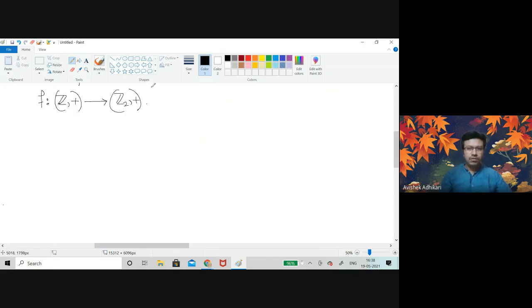Now let us try to reverse the ordering. So g is a mapping from Z2 plus to Z plus, and I want a non-trivial homomorphism. So the question is, can you find